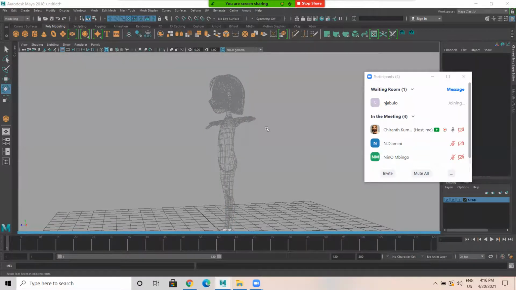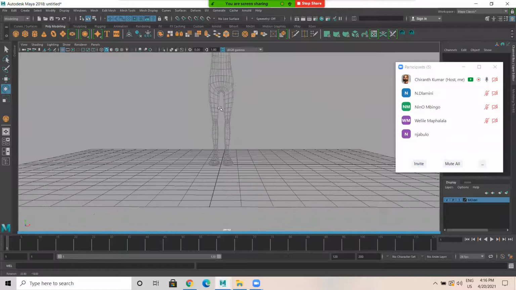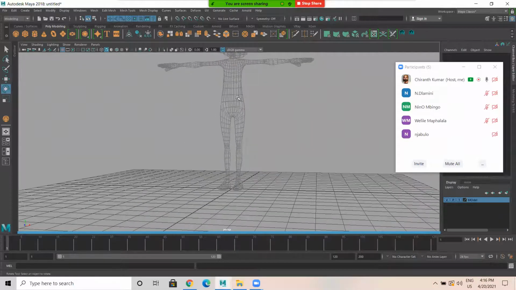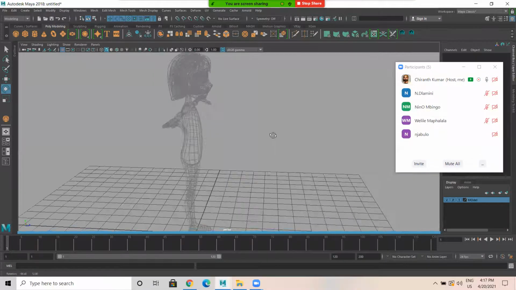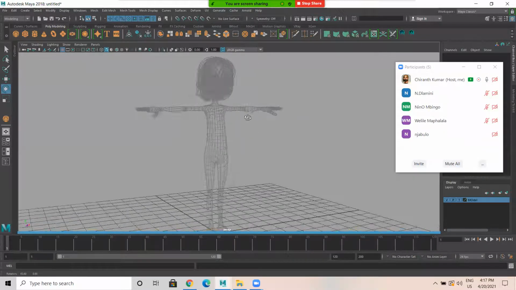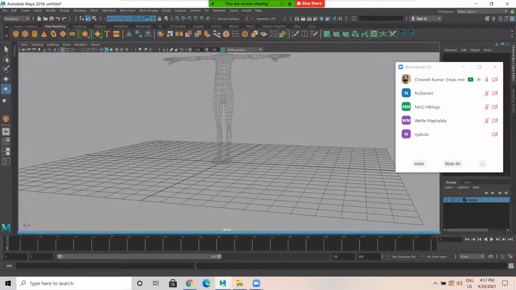Okay. So in template mode, what happens is you see the model shown in shaded wireframe mode, but you cannot select it. Let it be like this. Okay. So I'll save as